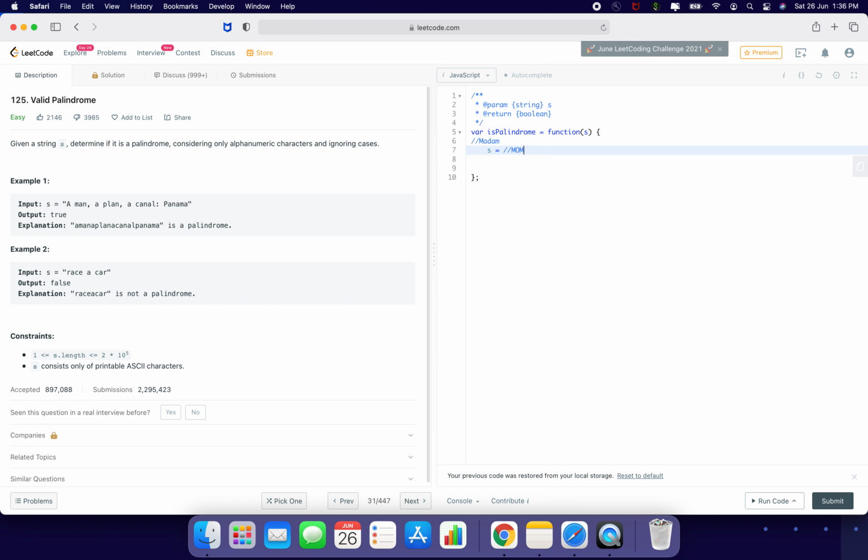If you say mom, mom is the best word in this world. If you reverse mom, you're going to get the same string. So mom is a palindrome, madam is a palindrome, dad is also a palindrome. Brother is not a palindrome. Let's see: brother, the last letter is R, the first letter is B. Obviously it's not a palindrome, it's not matching.